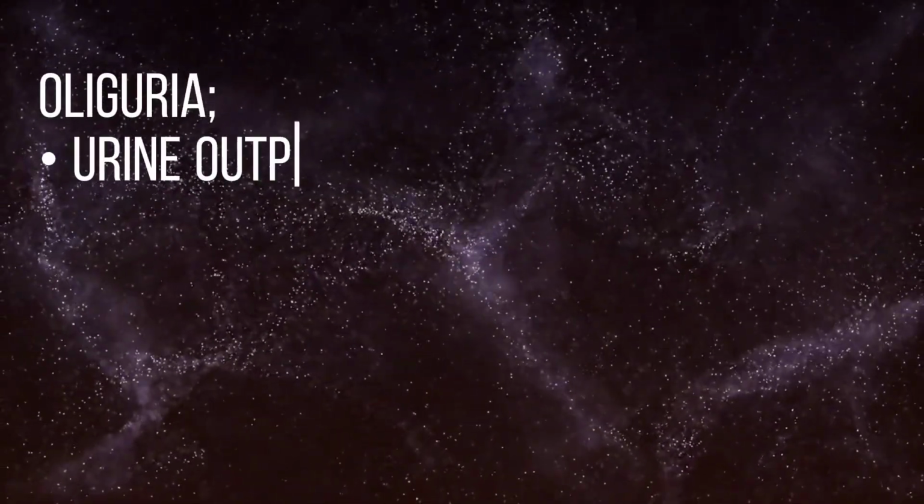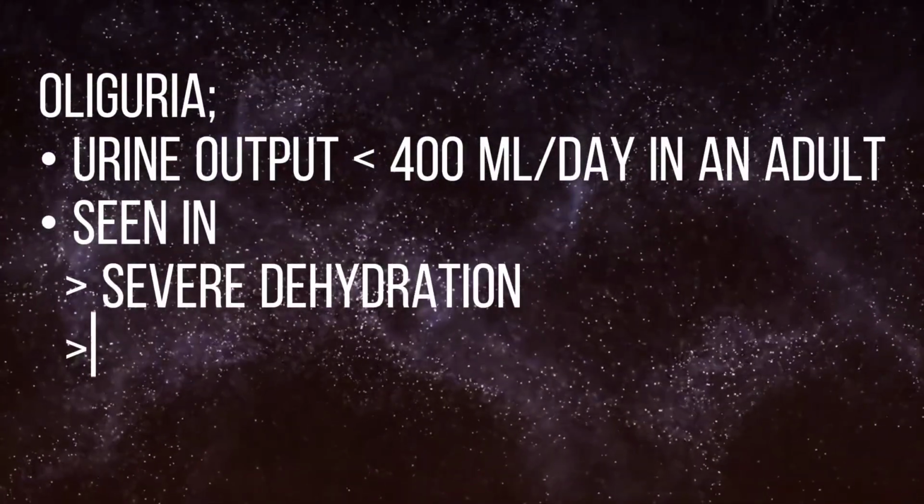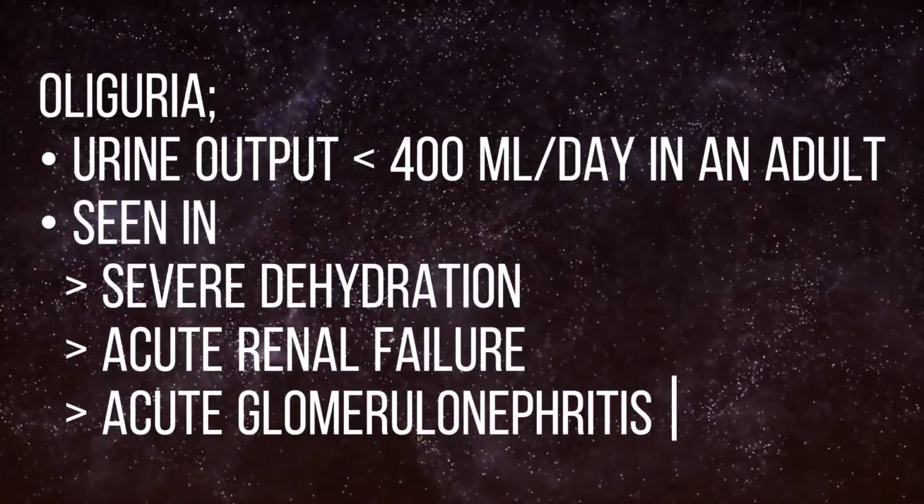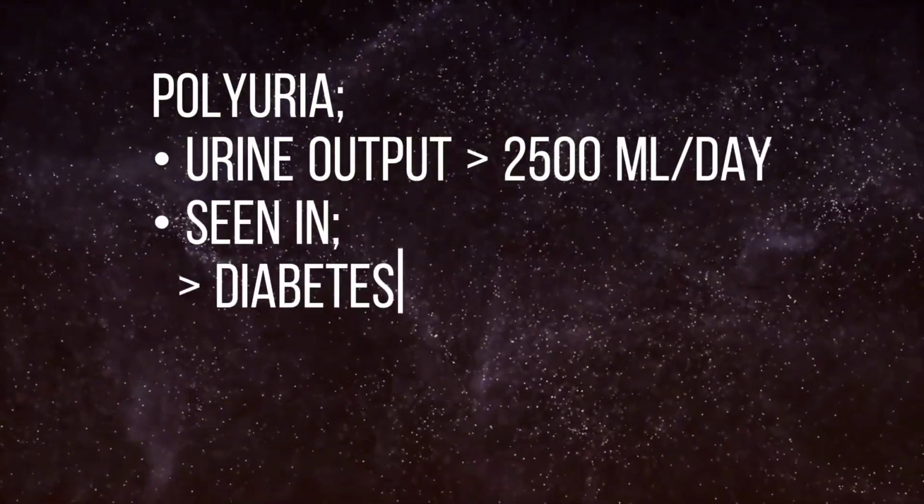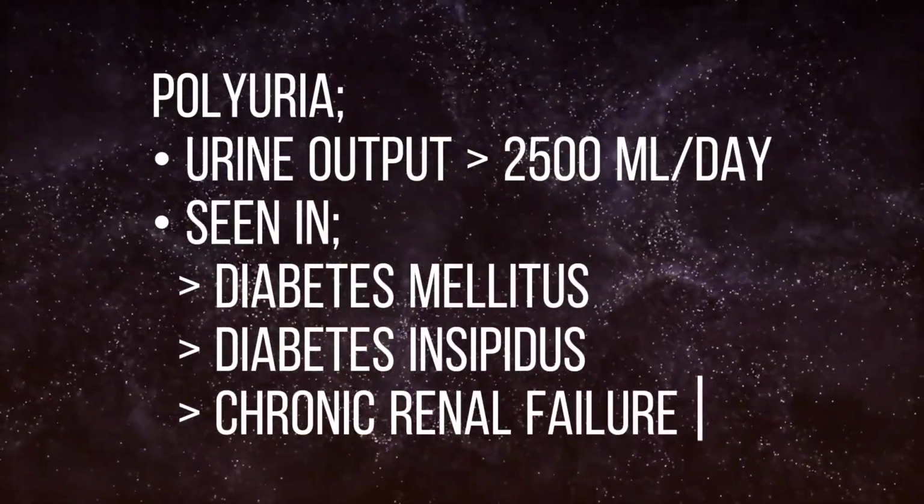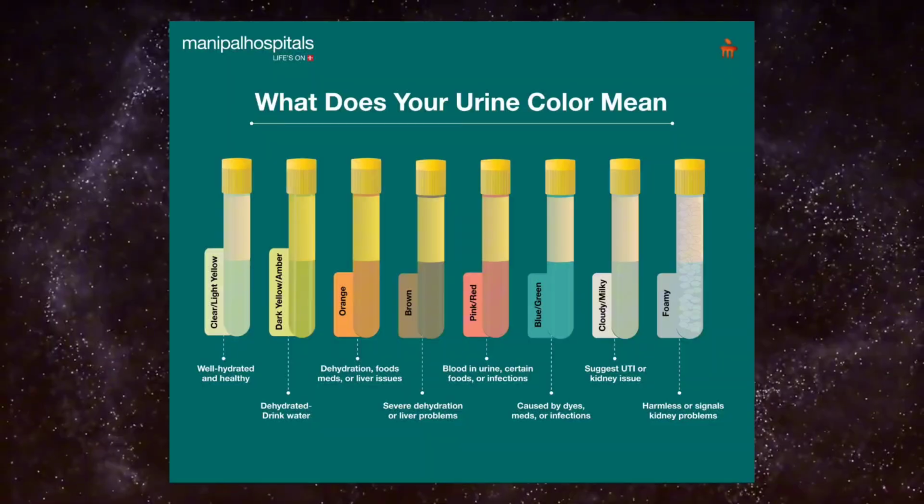Oliguria is a urine output of less than 400 milliliters per day in an adult. It is seen in conditions like severe dehydration, acute renal failure, and acute glomerulonephritis. Polyuria is a urine output of more than 2,500 milliliters per day, and it's seen in diabetes mellitus, diabetes insipidus, and chronic renal failure. When we consider the color of urine, as shown in the picture, different urine colors occur